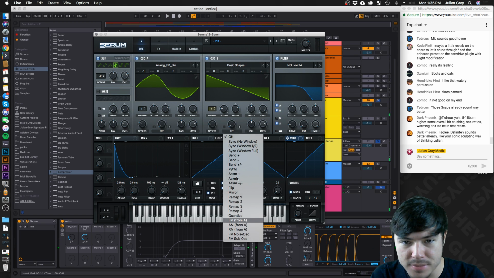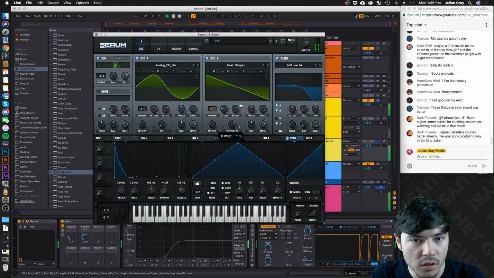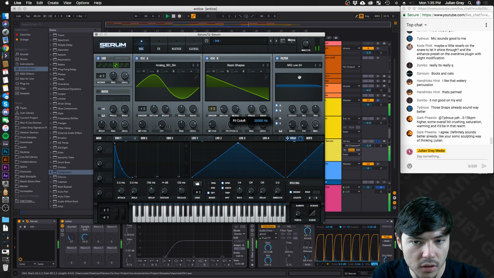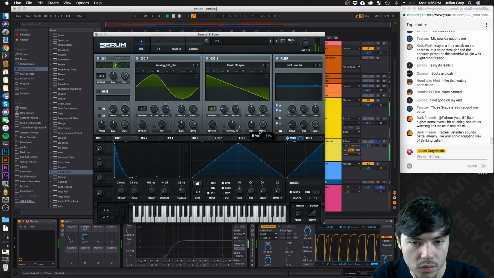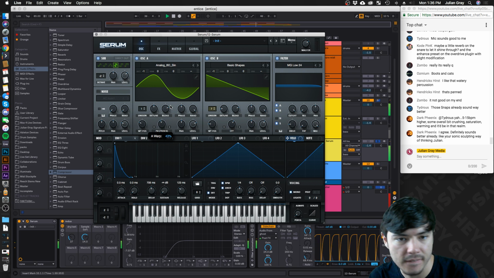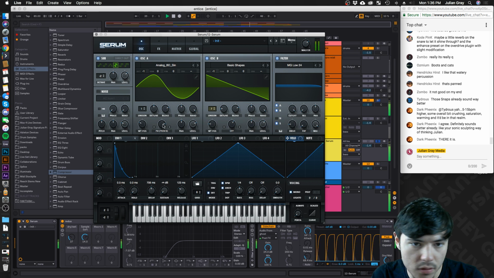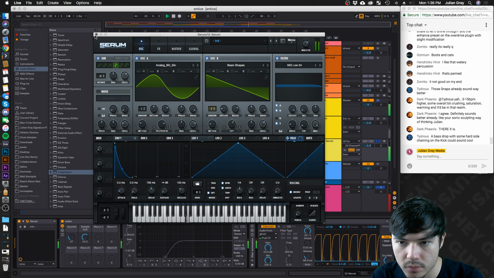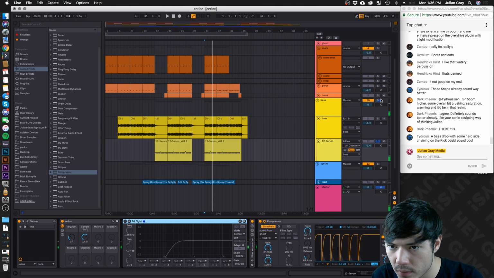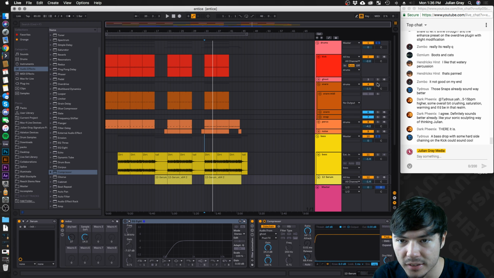And maybe we'll do some FM on that to make it a little bit more gnarly. Put that in with the kick drum and then the snare and see how that sounds.